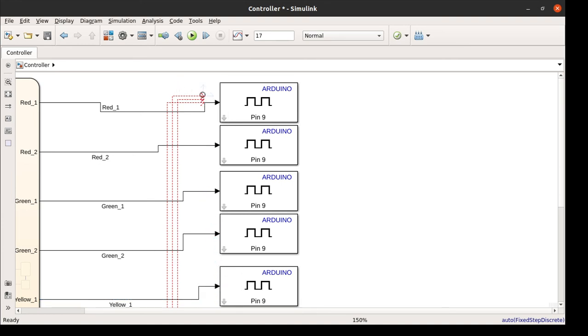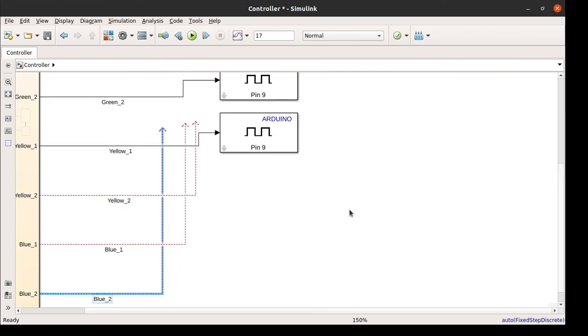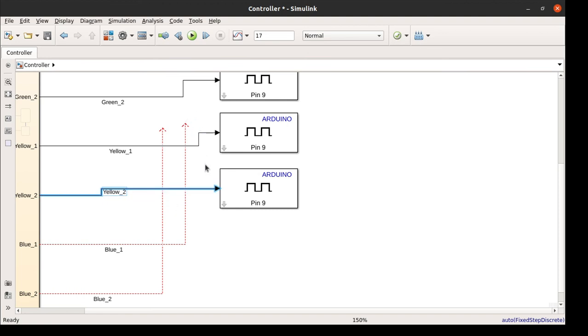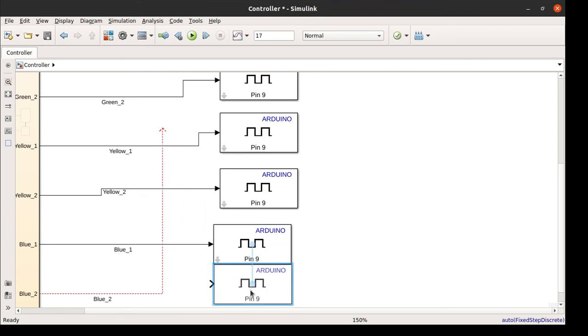And let's move all the signals down a little bit, so it will be easy for us while wiring them up at the bottom. So our next signal is yellow 2. Take this up and wire to it. And our next signal is blue 1. This is that one, so take it up. And the next one is blue 2.